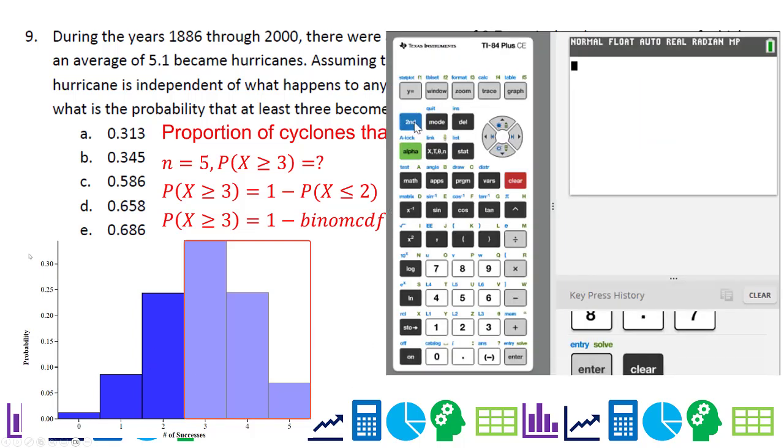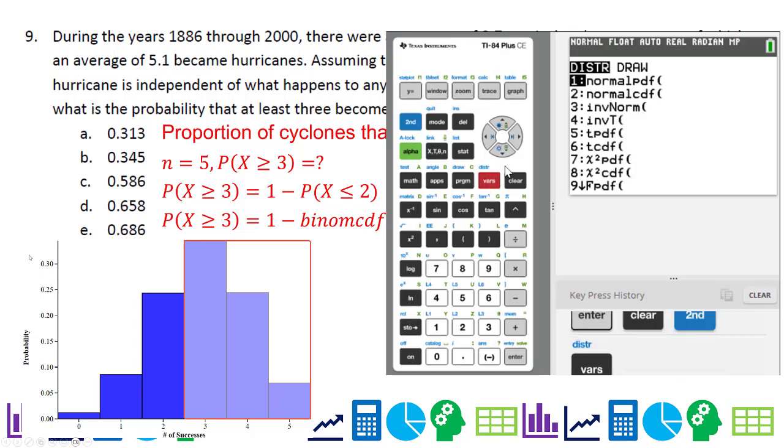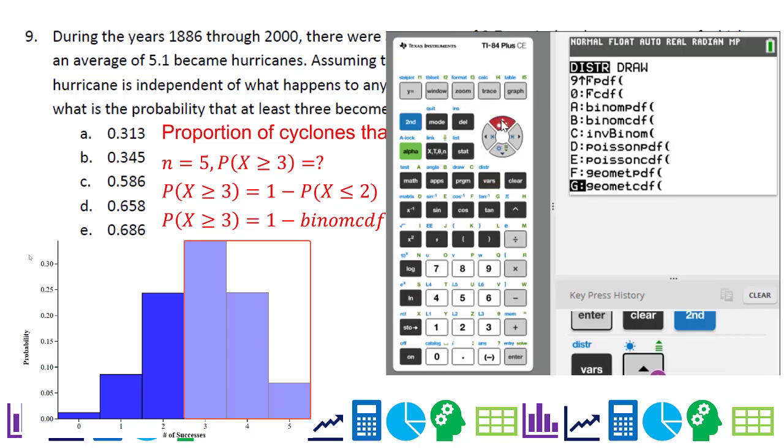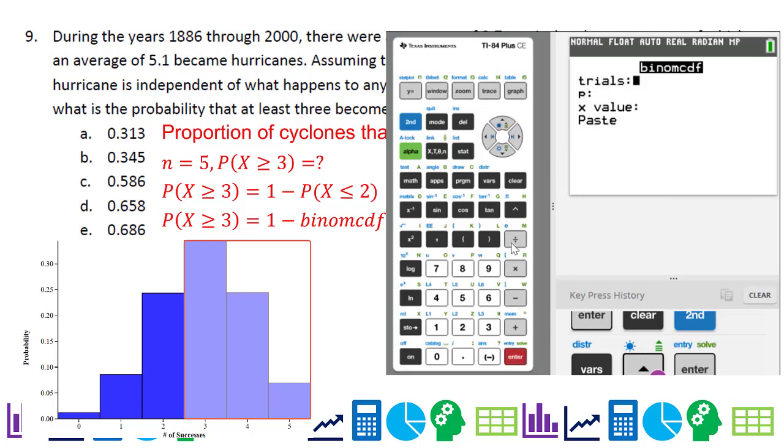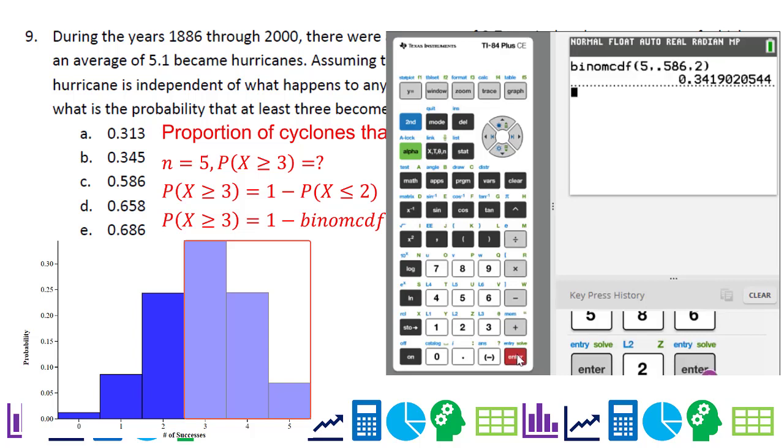So to get to binom CDF, we hit second, distribution, and it's always at the bottom. So there it is, choice B, hit enter. PDF will do for an exact value, like x is exactly 2, but we want from 0 to 2, so we're doing CDF. And remember, it only does left-handed, so it always starts at 0. We have 5 trials. Our P is 0.586. And then our x value is 2, and enter, and then you get